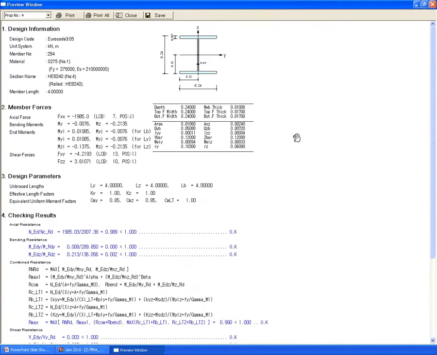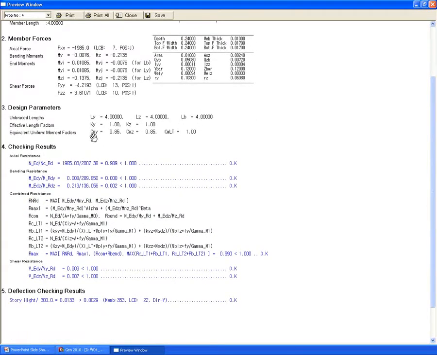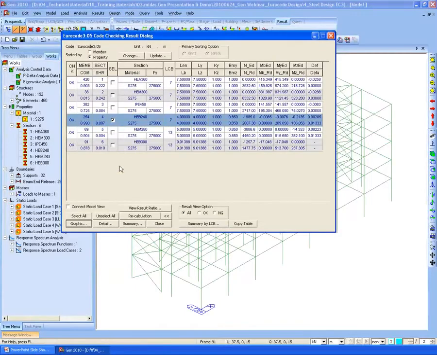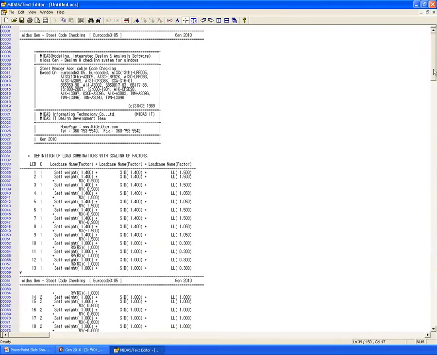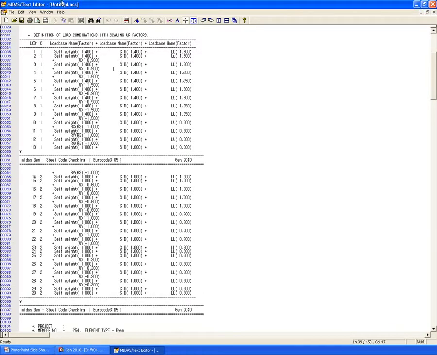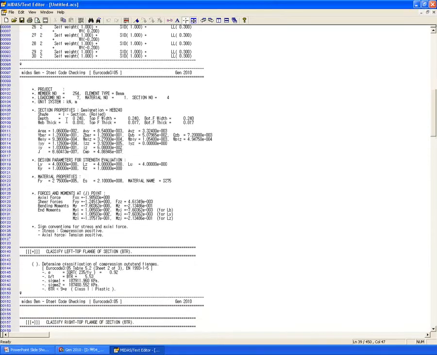With the section diameter and properties, you can check the applied design force and design parameters like braced length and effective length factor, and the program checks the axial resistance, bending combined, and the shear resistance, and also serviceability checking for the deflection. If you go to the detailed button, a detailed text format report will be displayed for each different load combination and applied parameters.